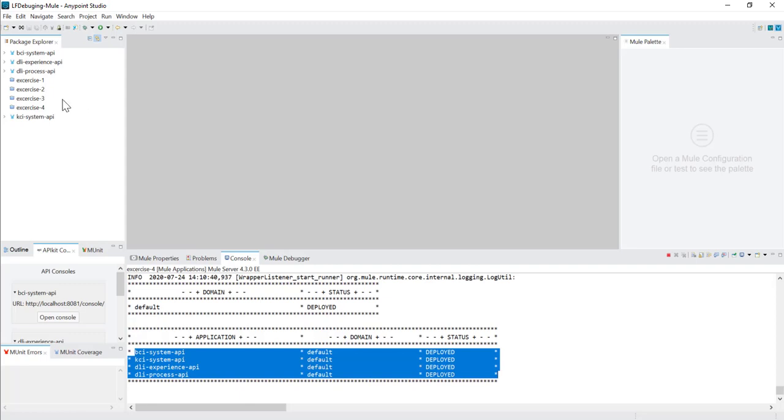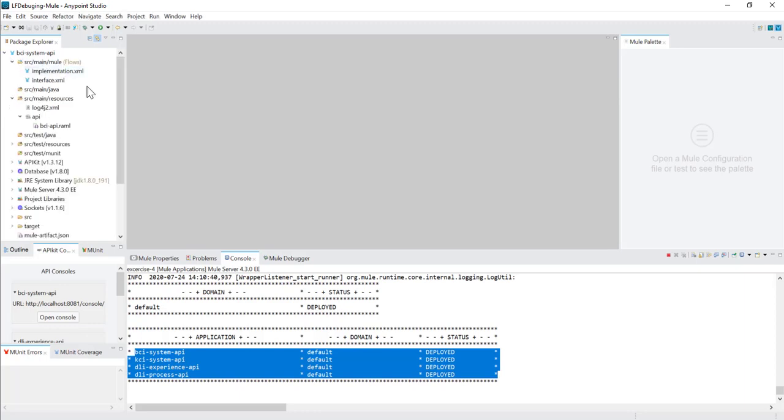So without any delay, let's directly go to each and every detail of the APIs which I have just built for this demonstration purpose. For the BCI system API, as we discussed, each and every API will have its own interface and implementation.